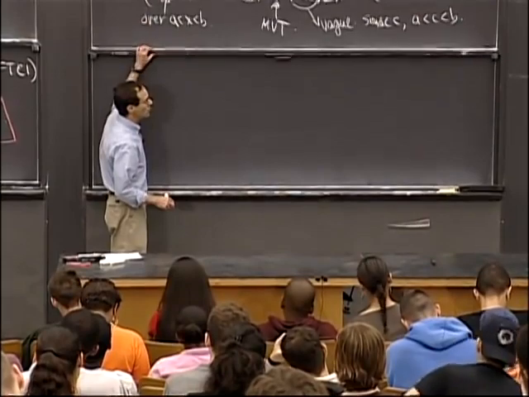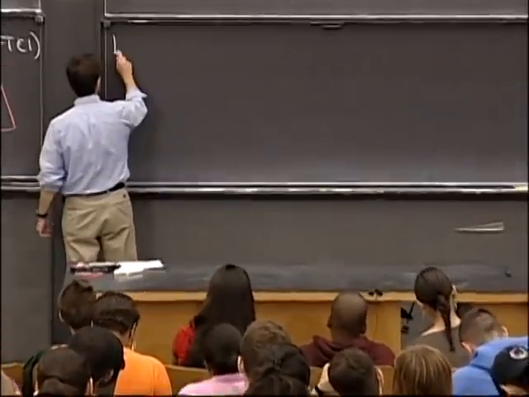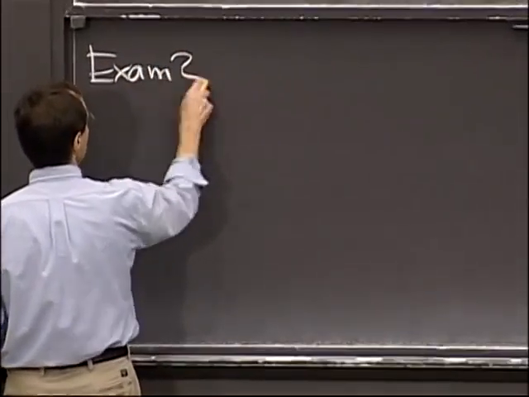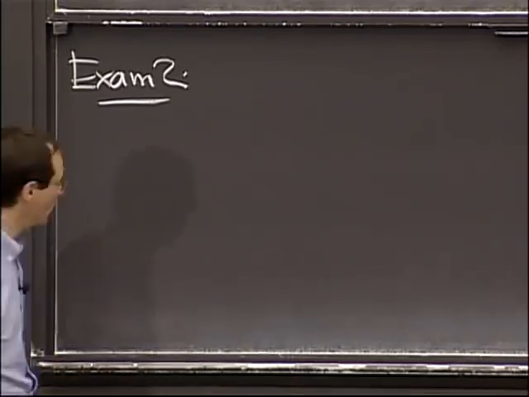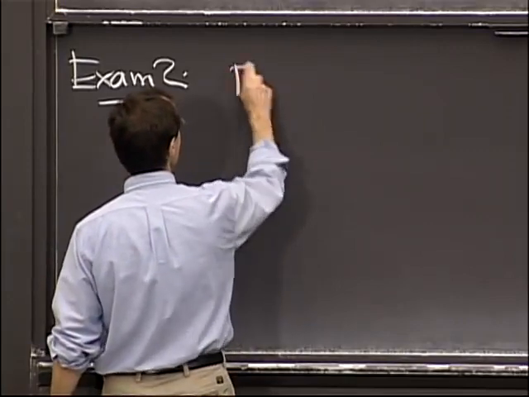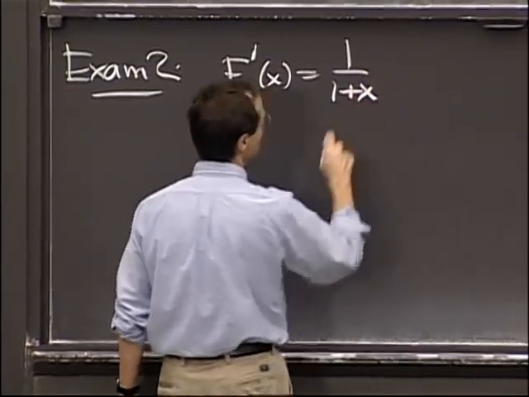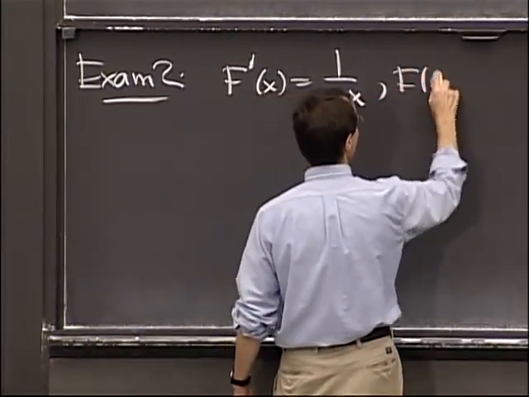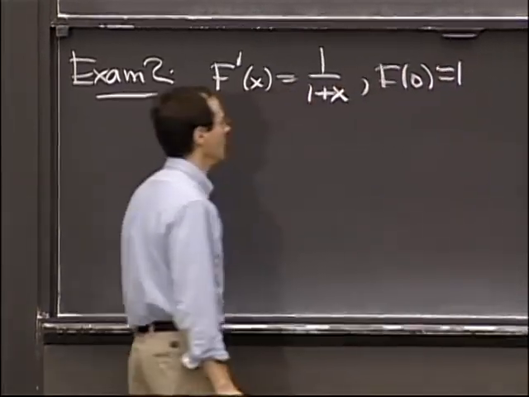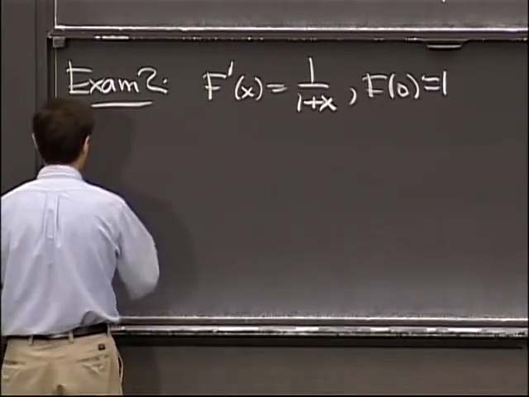And I'm going to elaborate just one step further by talking about the problem that you had on the exam. So there was an exam 2 problem. And I'll show you how it works using the mean value theorem and how it works using integrals. But I'm going to have to use this notation capital F prime as opposed to little f, which was the notation that was on your exam. So we had this situation here. These were the givens of the problem. And then the question was the